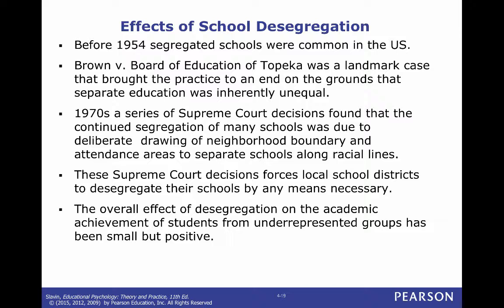A lot of this came about during the effects of school desegregation. Many of you know about Brown versus Board of Education of Topeka, which brought an end to racially segregated schools. It was interesting, though. If you have a chance, go on YouTube and look for a video called "A Girl Like Me." The African American kids in the video were shown white dolls and black dolls, and when asked which is a good doll, they would point to the white doll, and when asked which one was a bad doll, they would point to the black doll.